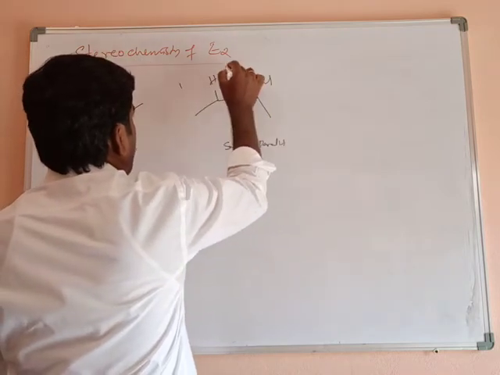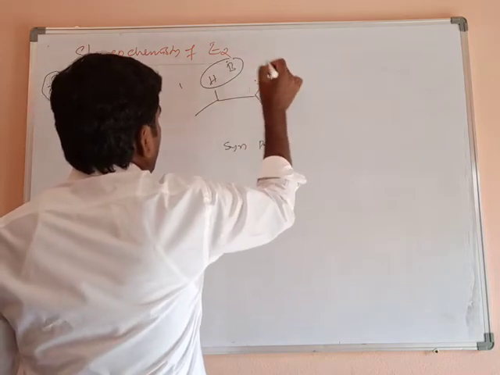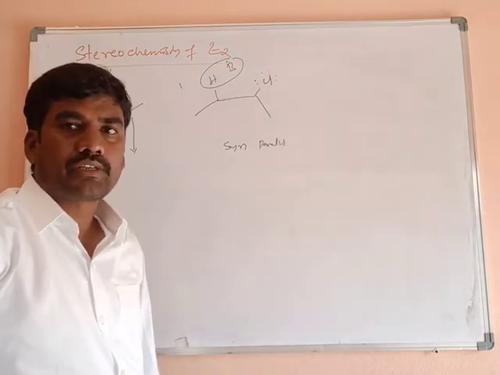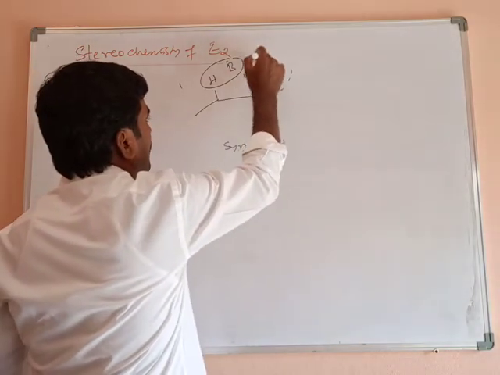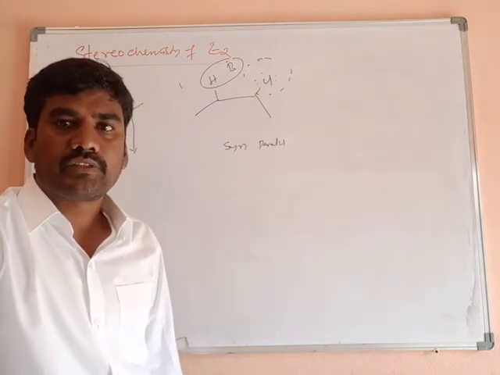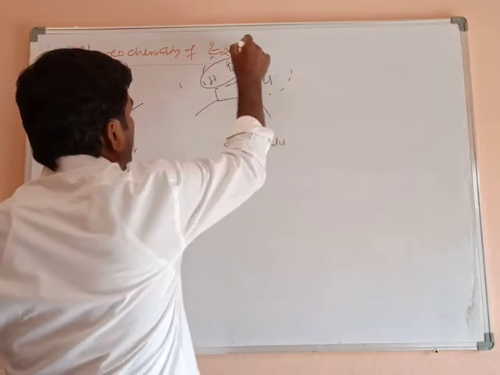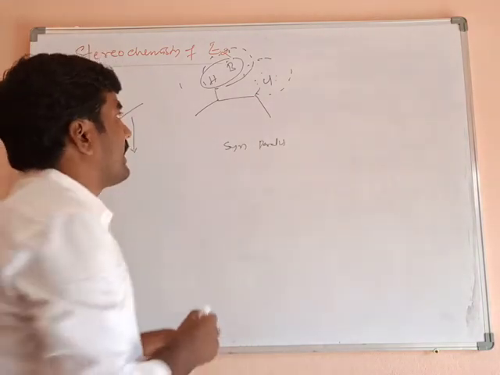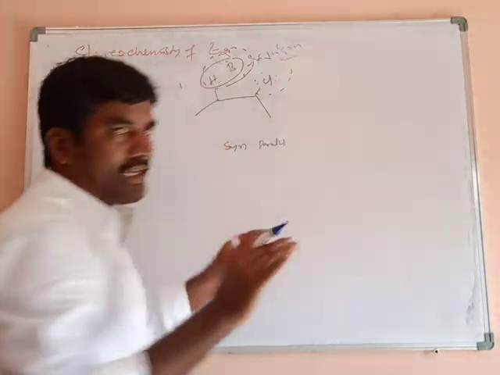Now the base is coming in this direction to capture the proton, and what about the halogen atom? The halogen atom also has an electron-rich center, surrounded by 3 lone pairs. So the electron cloud is there like this. What about the base? The base is also a species which donates a lone pair of electrons, so it also has an electron cloud. Due to the electron cloud, both repel each other. A repulsion is there, and due to the repulsion force, both are repelled.